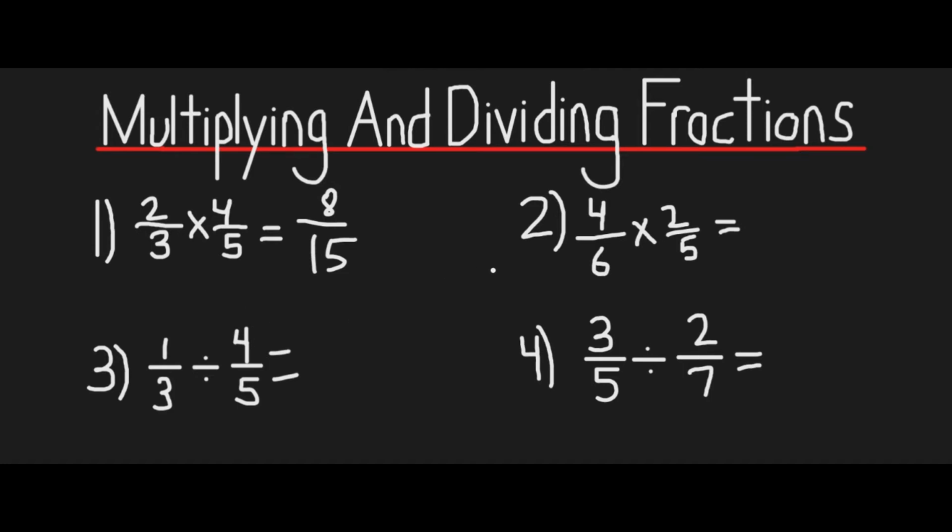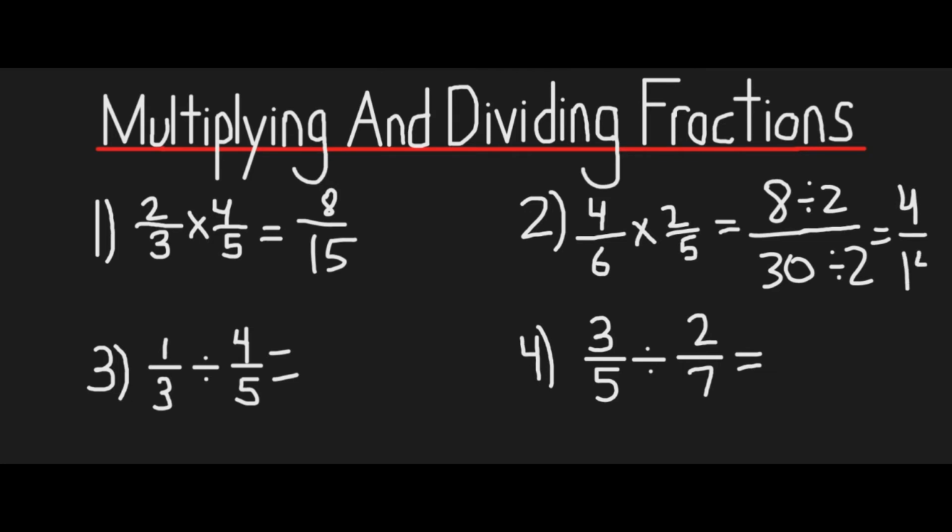Let's move on to problem number 2. 4 times 2 is 8. Again, we're just multiplying straight across. And 6 times 5 is 30. In this case, the greatest common factor is 2. That means we can divide the numerator and the denominator by 2. This gives us 8 divided by 2 is 4, and 30 divided by 2 is 15, and that is our